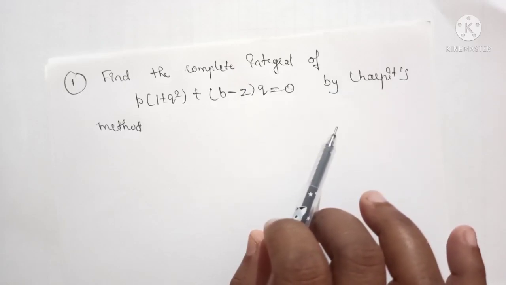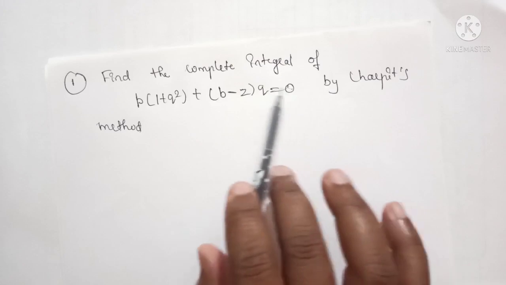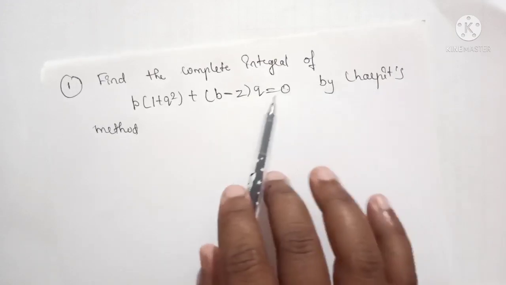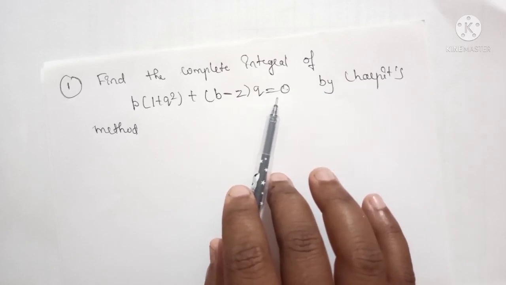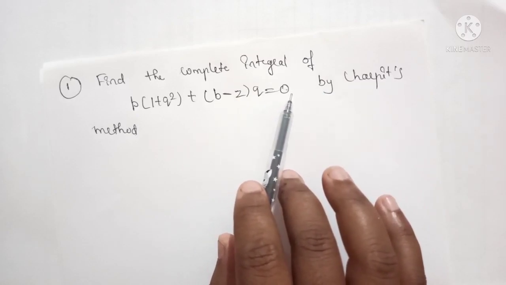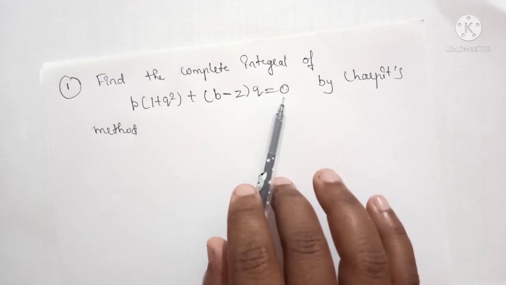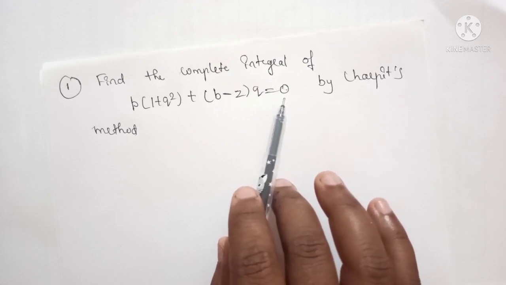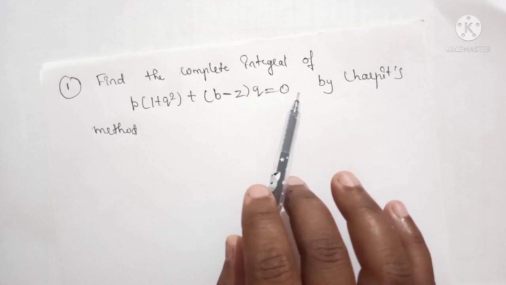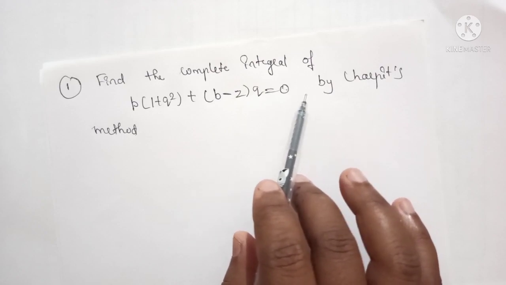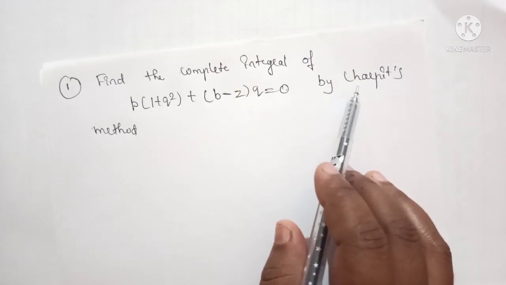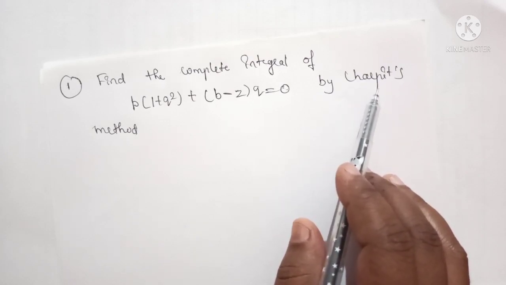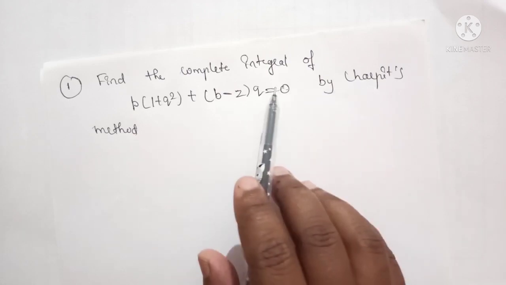So in the exam, particularly if they mention that solve the given PDE by Charpit's method, then we can apply the Charpit's method. Even if it is not mentioned to apply the Charpit's method, if it is possible to transform the equation to any of the four standard forms, then we can go for those four forms, otherwise we can apply the Charpit's method. So it depends on you, but if it is particularly mentioned that by applying Charpit's method, it means you have to apply the Charpit's method only, don't go for the second method.